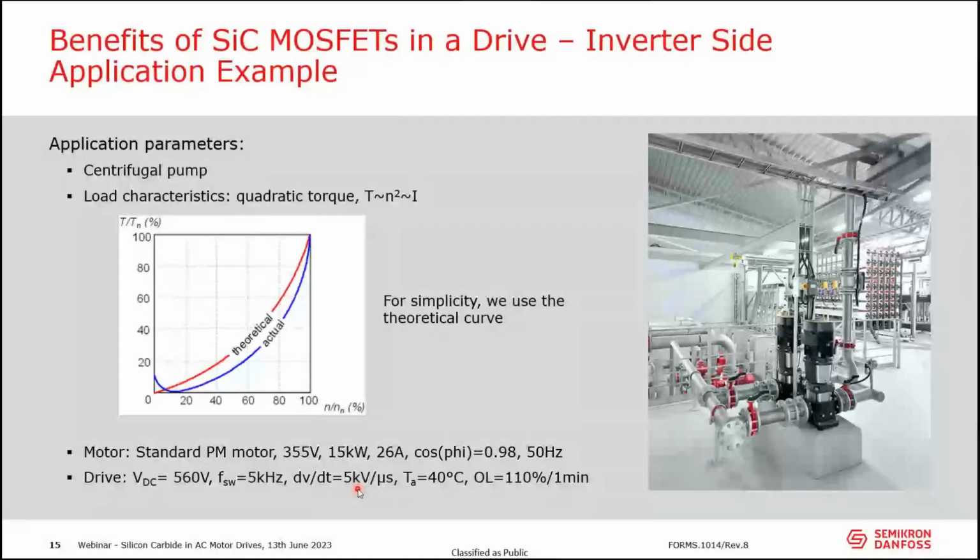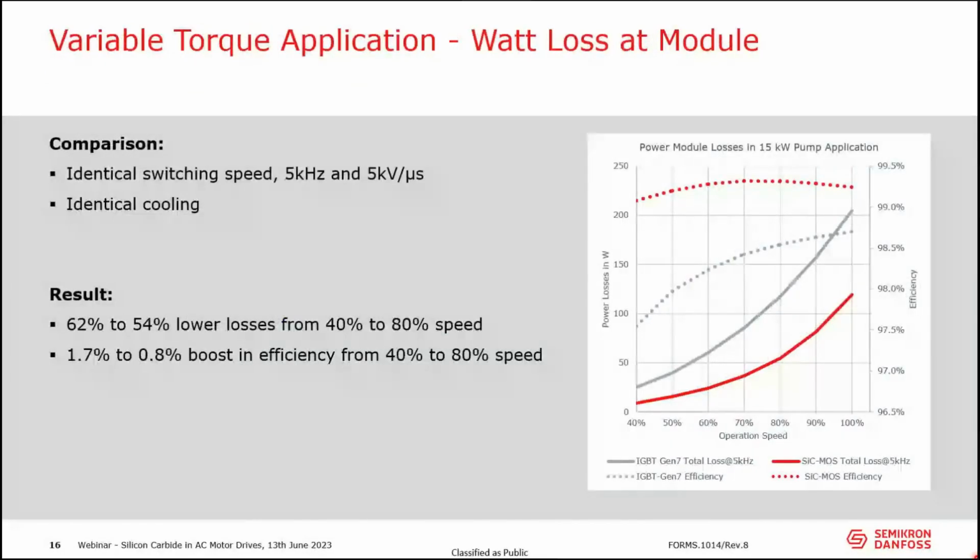Now let's have a look at the result. So here, I go directly into the graph. What you see here, the gray solid line shows the watt losses of the silicon module. The red solid line shows the watt losses on the silicon carbide module. And you can already see that over the whole operation speed, and if you remember the load curve, the speed is related to the current here. So with lower speed, we have lower current. And over the whole speed range or current range, we have way lower losses with the silicon carbide